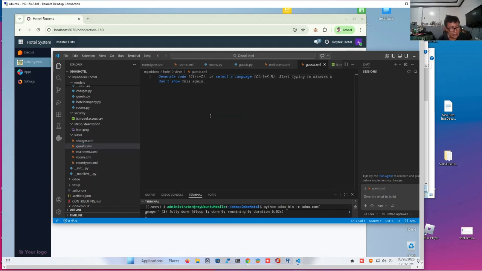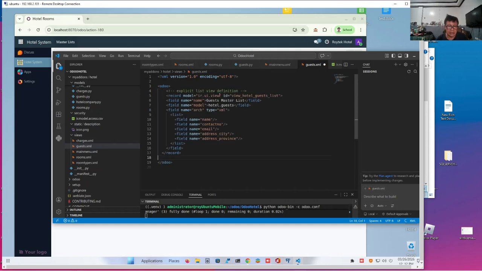I have already figured out the contents, but let me show it to you part by part so that we can explain this properly. First we have to start with the standard XML and Odoo tags, like that, and then of course we have to end with an end Odoo tag. Then we'll start with the first view, which is a list view. We'll copy this. So this is it, the list view.